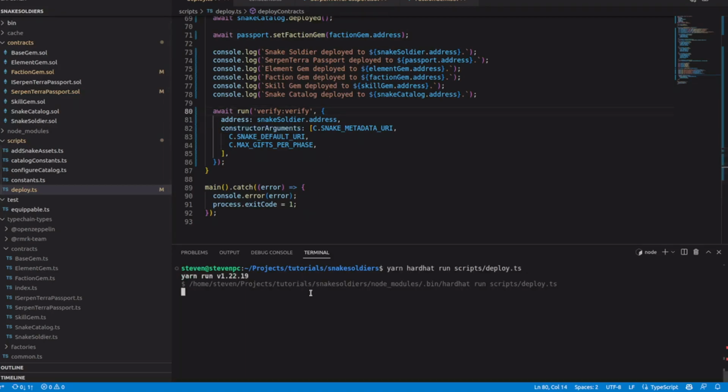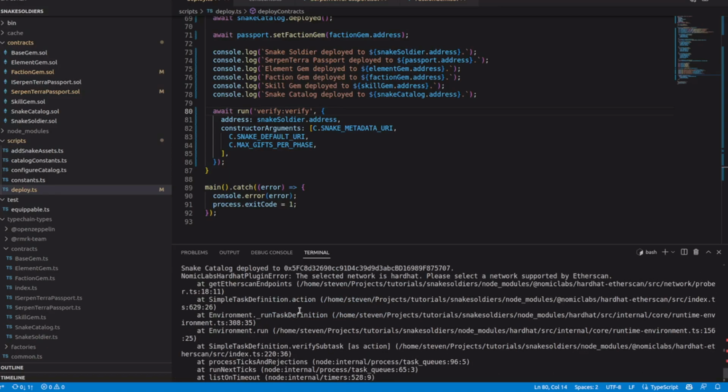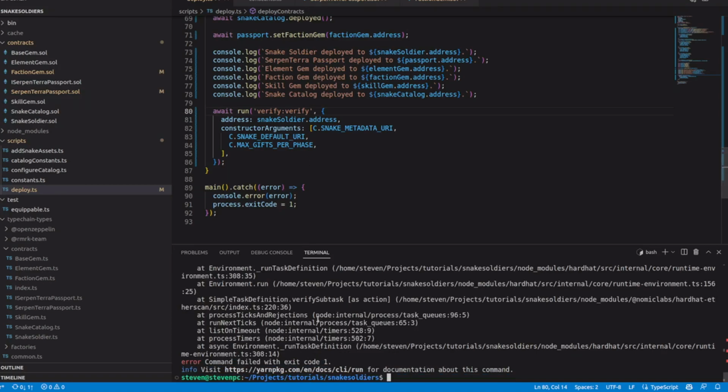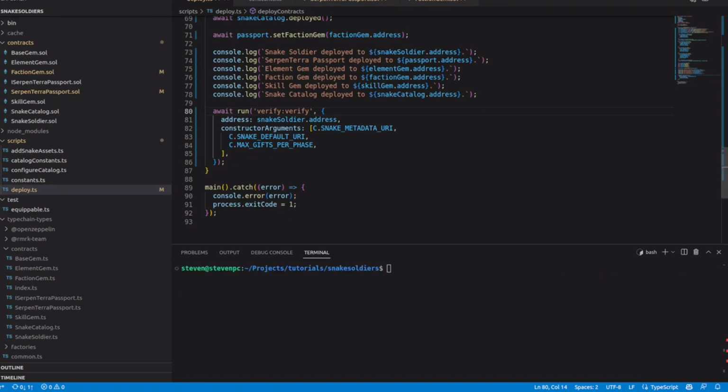If we try to run this locally, it will fail because there is no much sense on trying to verify on a local network which just is running just on the duration of the script. So never mind that, but we will actually need this when we're running on actual blockchains. That's it for the video, and you're now ready to create and deploy your own custom contracts using the most advanced NFT protocol in the world.